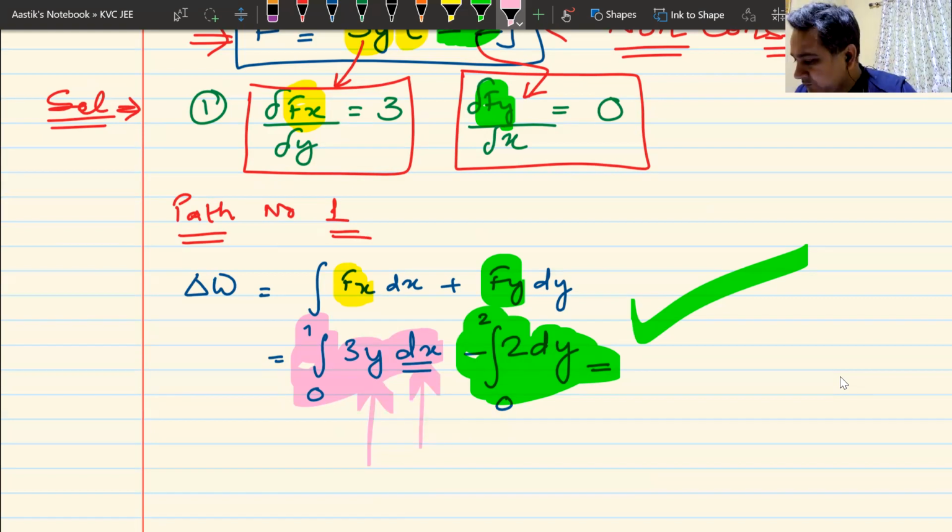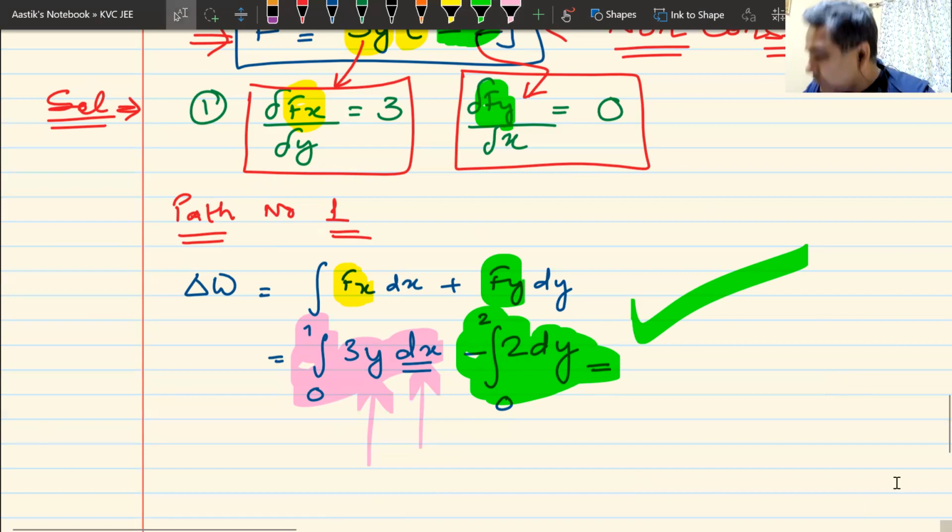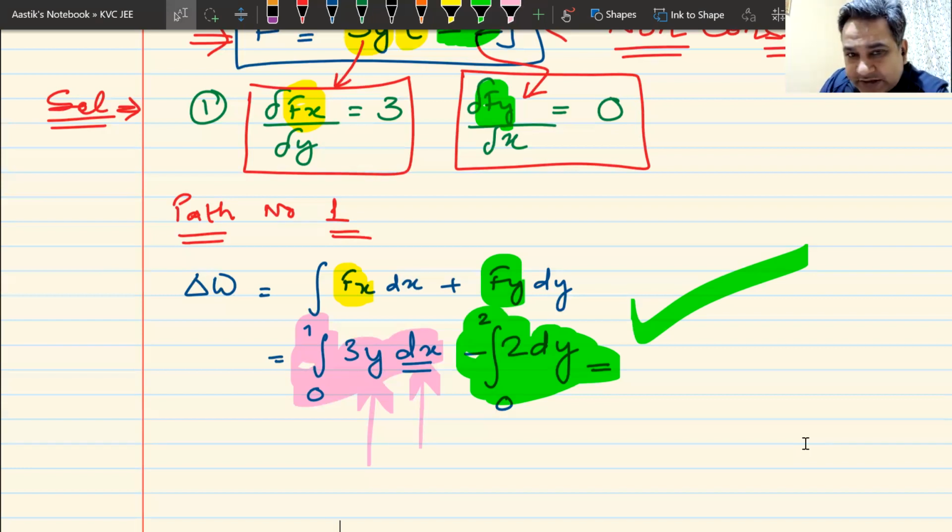Now remember, I have to go from x equal to 0 to x equal to 1. Let us go back and see why I have to do all these things: because this force is not conservative. If it was conservative, no problem; I could have easily integrated it. The green one is simply integrated. It was constant, so I can easily integrate it. But the problem is with the pink one, because it has something which should not be there.